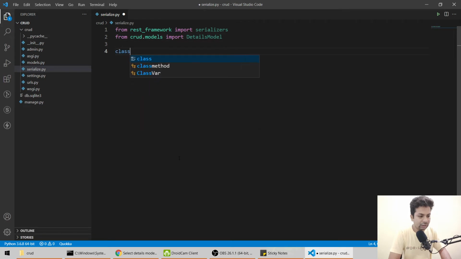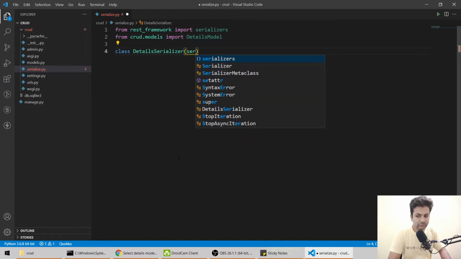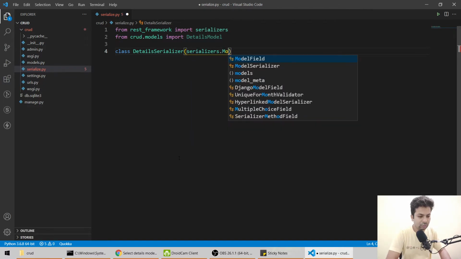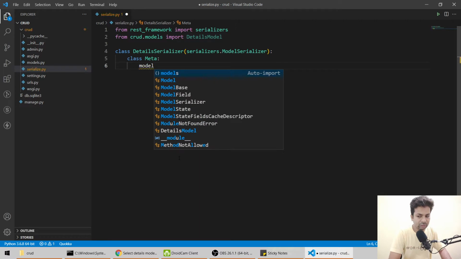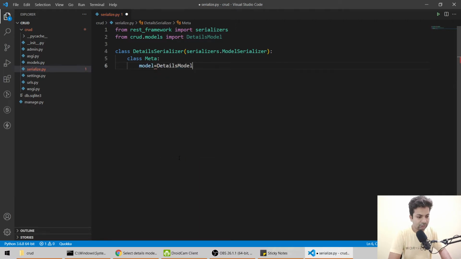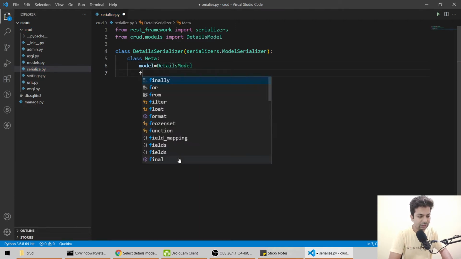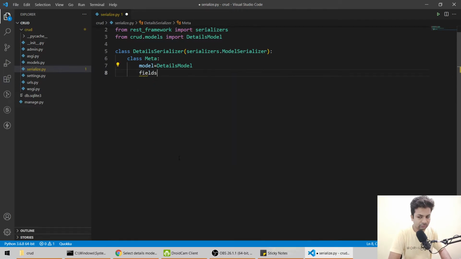Now we'll say class DetailsSerializer, and here we'll use serializers.ModelSerializer. Now we'll say class Meta, and we'll tell our model is DetailsModel, and we'll say fields equals to